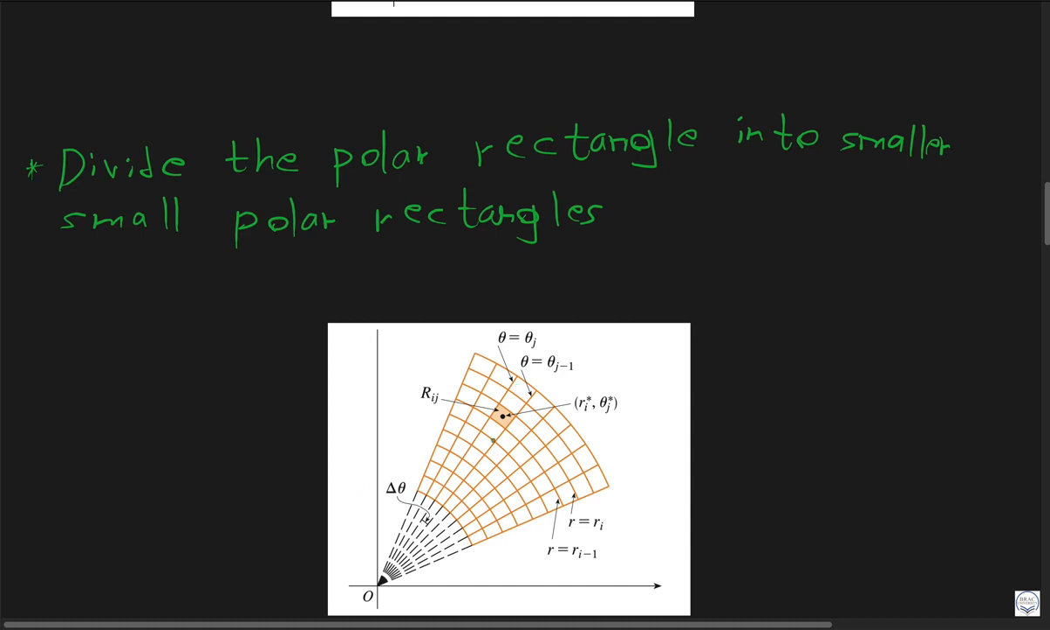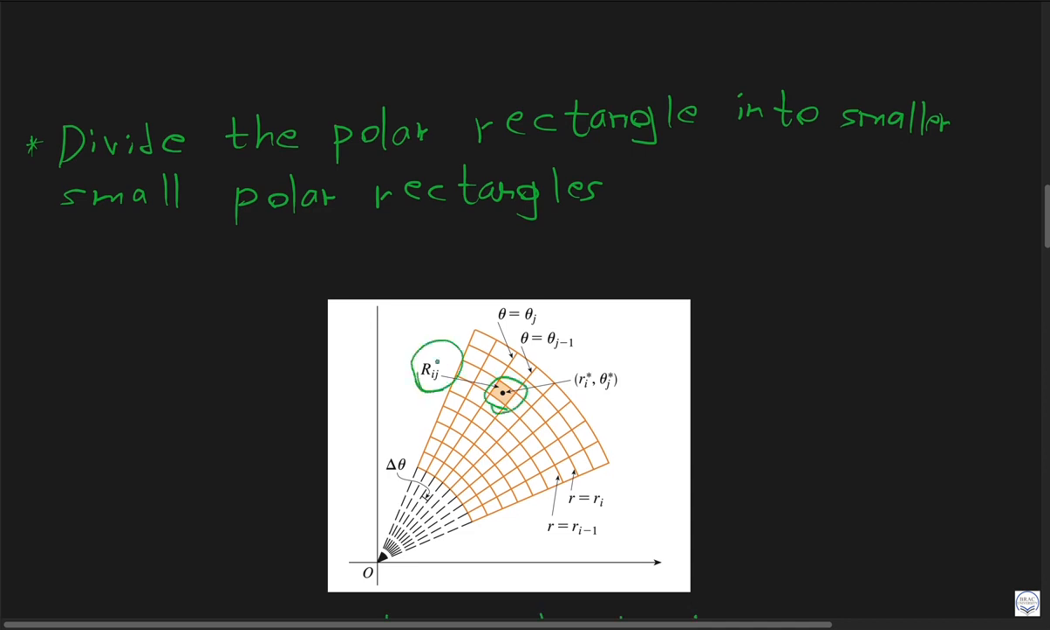Now, if we want to find the Riemann sum using polar coordinates, we do a very similar thing as we did in the Cartesian case. We divide our total area into smaller sub-rectangles, into small polar rectangles, and we call each of these regions with indices i and j, where this particular region is the Rij region, and thus this center point is ri star and theta j star, and this particular arc has a distance from the origin of r i minus 1, and what this particular arc has,